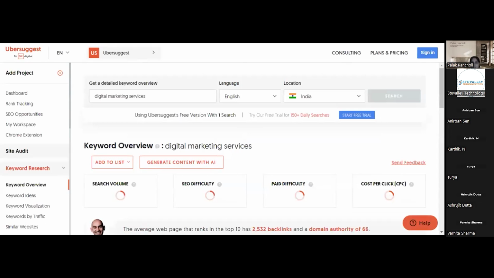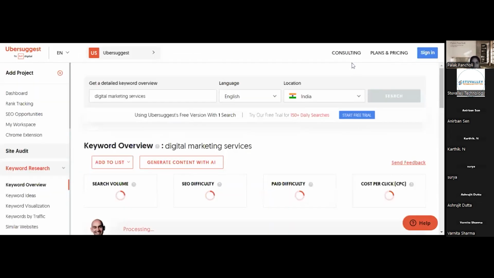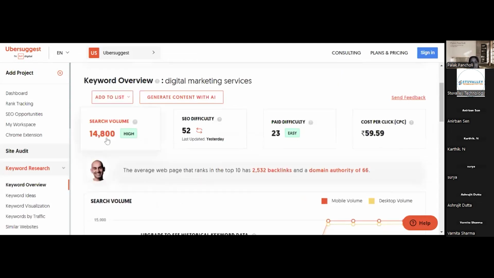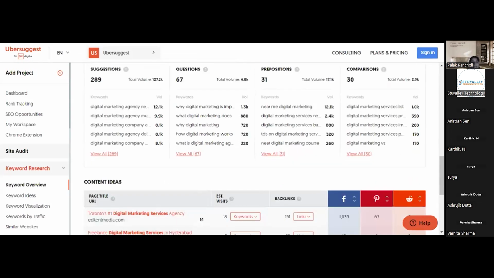This is how the list of keywords will appear in this. It is getting loaded. So this is the search volume, SEO difficulty, paid difficulty, and cost per click, right? And these are the keywords, on the basis of these are the suggestions, these are the question keywords, prepositions, and comparisons. Okay, so if I click on view all